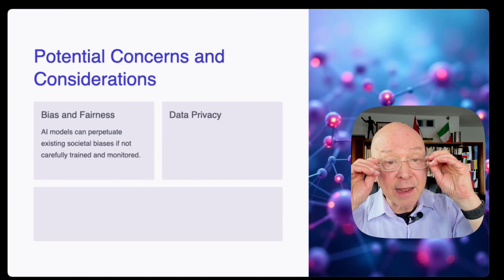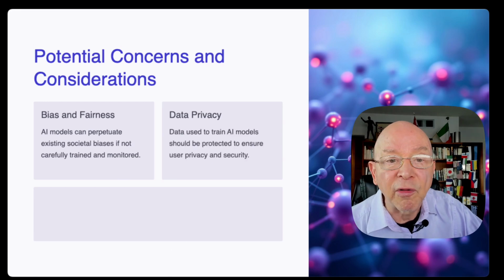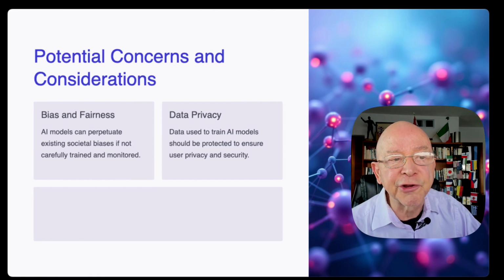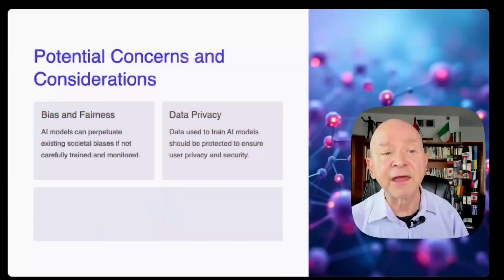And what you want to do is look at data privacy. Your data privacy is critical, because the data used to train AI models should be protected to ensure user privacy and security. You see, that's critical with this, because the servers are now based in China. And if you look at the user agreement that you agree to when you accept the free program, it says the material you put in, they own. They have that. They can access that. They can also access lots of information on your laptop computer, for instance. They can do that. Now, there's a way you can work around that. I'm going to mention a little bit later, but it's got some real important considerations that are not trivial and need to be considered in what you're going to do.